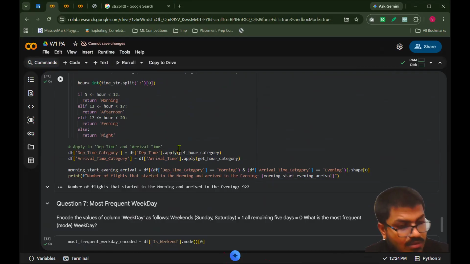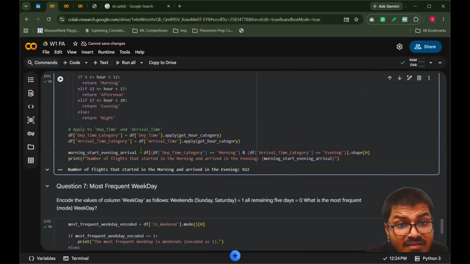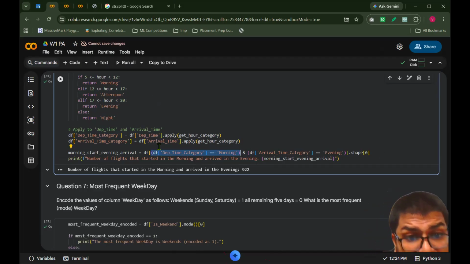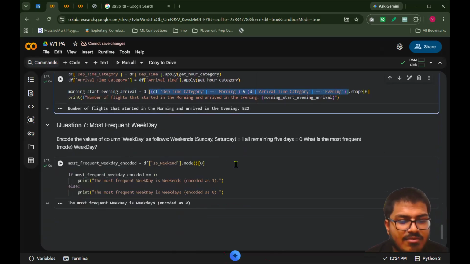सेम अप्लाई फंक्शन लगा रहा है डिपार्चर टाइम पे, क्रिएटिंग न्यू कॉलम एंड ऑल, अराइवल टाइम कैटेगरी, so that we can do this and find that जहां, वी नीड अ डेटा फ्रेम जहां डिपार्चर टाइम कैटेगरी मॉर्निंग है और अराइवल टाइम कैटेगरी इवनिंग है, और उसका मैंने सेव चेक कर लिया। सेव मतलब बेसिकली वो जो फिल्टर है, बेसिकली दिस इज अ फिल्टर। फिल्टर मतलब कि जो मुझे चाहिए, मुझे इस बॉक्स के अंदर लिखना है, और वो डेटा फ्रेम से वो फिल्टर कर देगा, राइट।